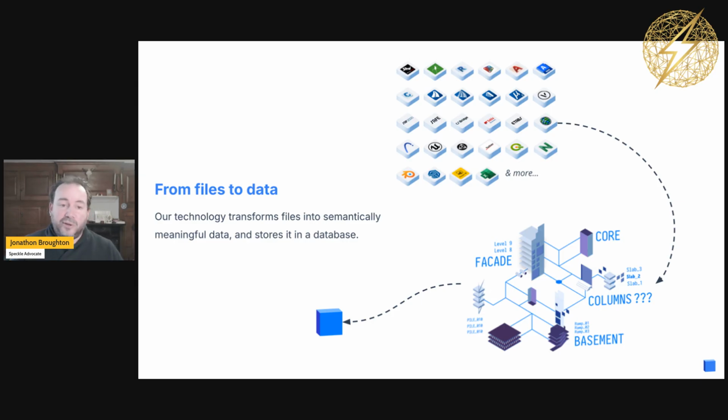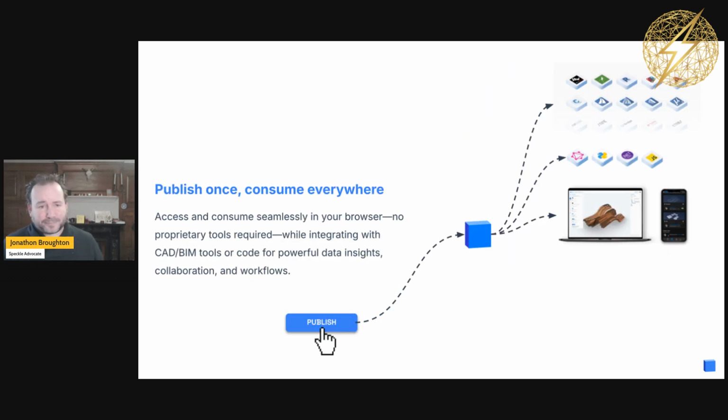So what Speckle's doing is looking for commonality outside of just BIM, but also into all of those other pieces of software. And you saw all of the arrows going around and through to Speckle. Effectively, what that means is if you're pushing from or publishing from those host applications into Speckle, you do that once. And then what you're able to do is then consume that data in a number of different places.